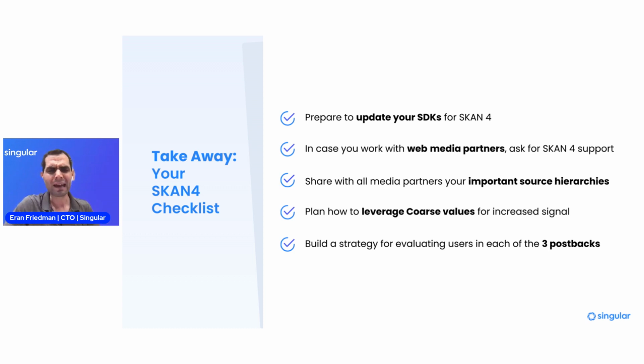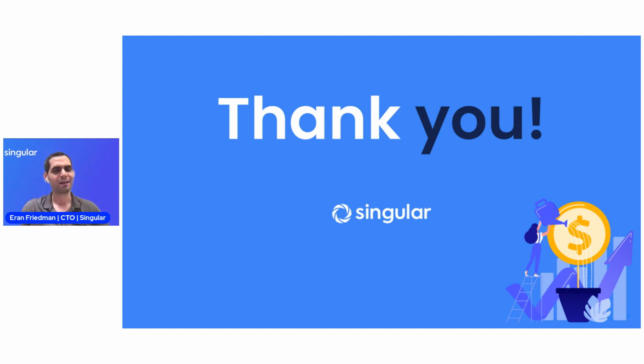And lastly, probably the most important planning that you have to do beyond updating the SDKs is to plan how to leverage coarse values. So how do you regard a high, medium or low value user, to understand how you would want to use the SKAN solution to encode those values accordingly, and think about the strategy for those 3 postbacks. So how does a high value user differ between the 2-day window, the 7-day window, and the 35-day window? All of these would help you understand how to get the most from SKAN4 and to see your full performance end to end. I think I'll stop here because I know it's